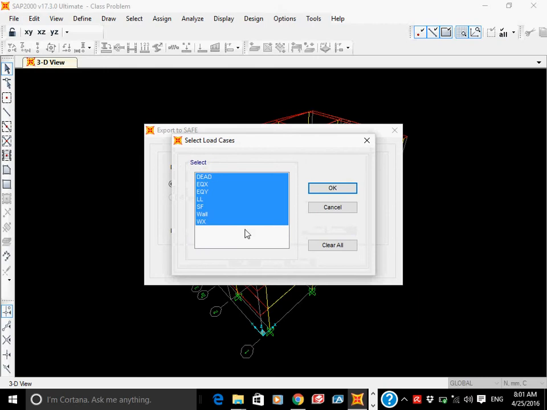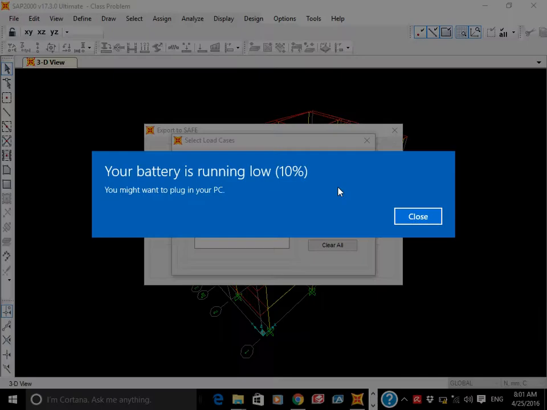Select the load cases. Anyhow, earthquake loads have very little effect on the slab design. It has effect on the beam design, but